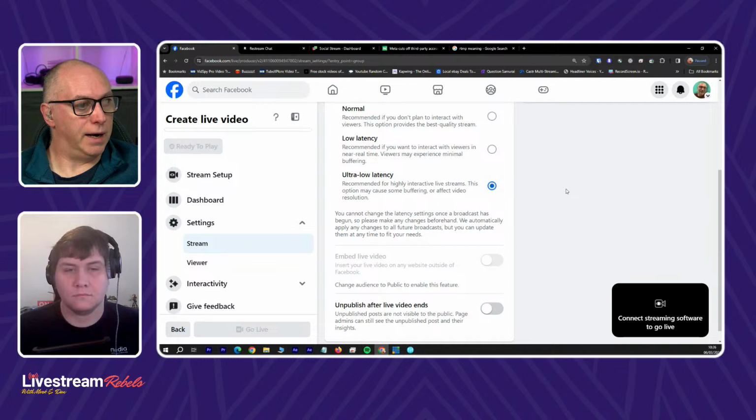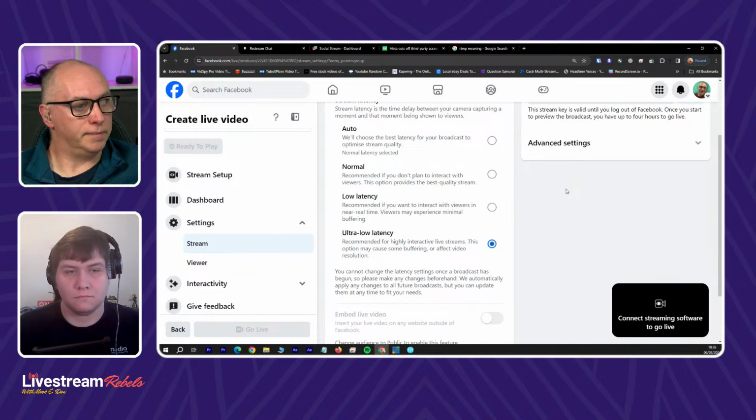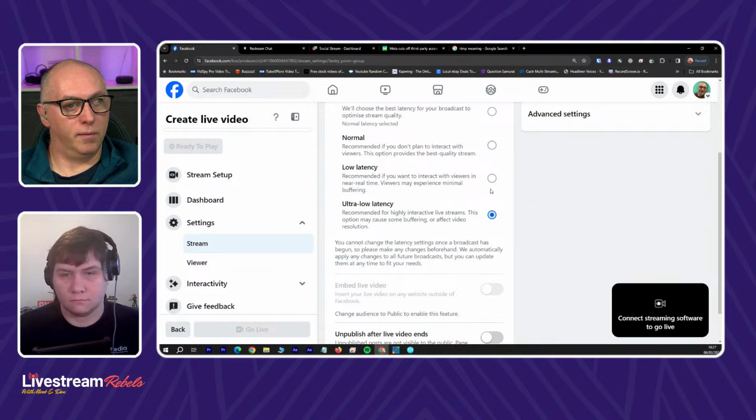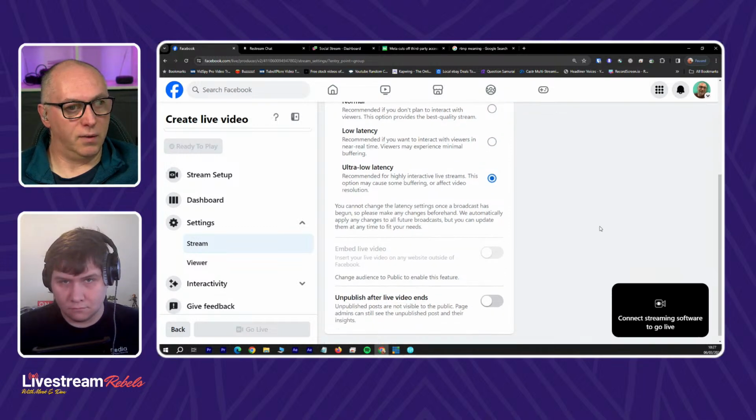So I would suggest that you either go auto or normal, unless you've got a really good broadband or internet connection, and then you could do some testing with low or ultra low latency just to see how that looks.